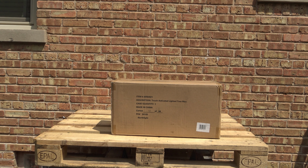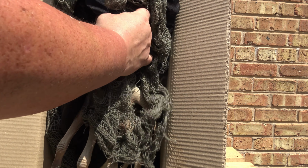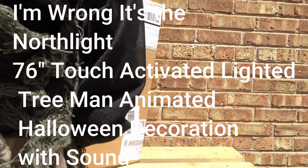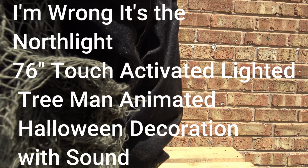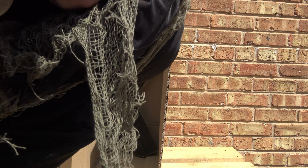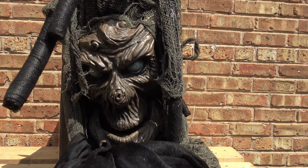So this one's the touch activated lighted tree man. In the picture of it, it looks really cool. So hopefully, in reality, it looks really cool. And so far, from Haunted Hills, I'm sorry, Haunted Farm. Alright, so